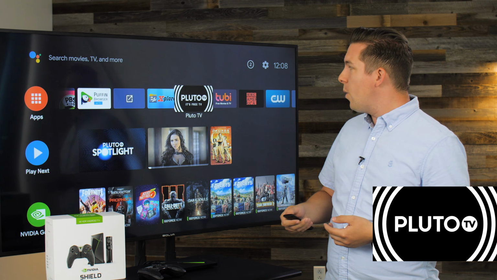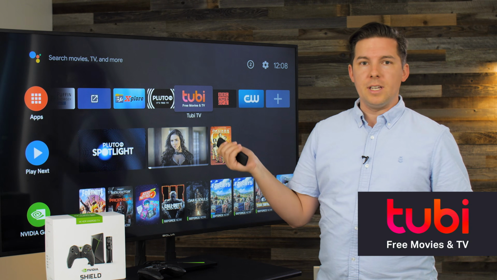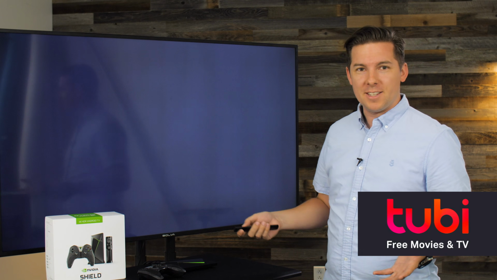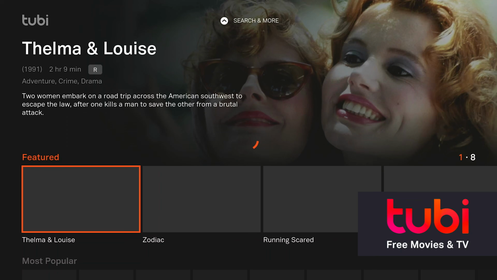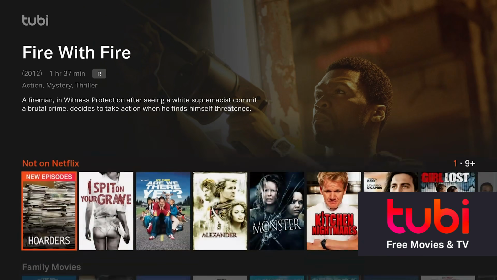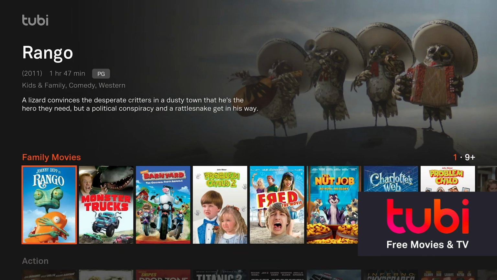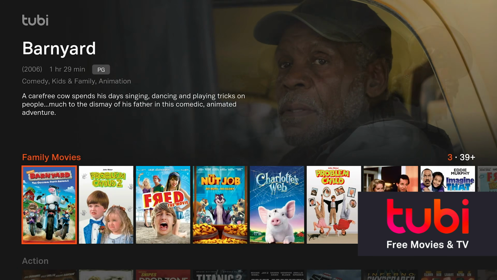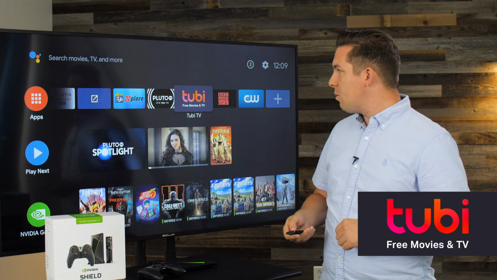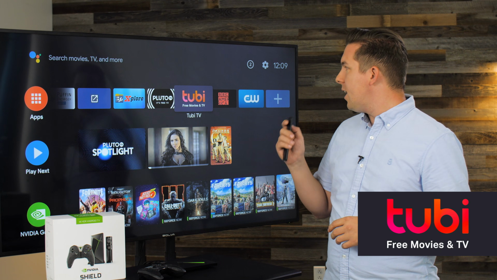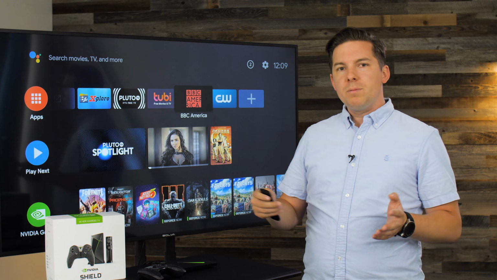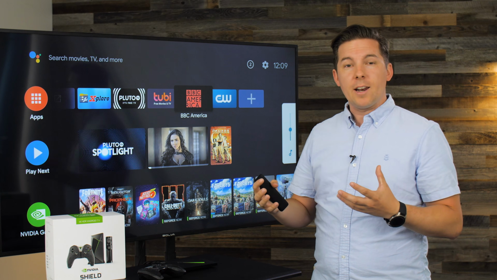Speaking of which, that's exactly what Tubi TV is, essentially an ad-supported version of Netflix. It doesn't have the same movies and TV shows as Netflix, you know, it is a different app. But in this, you can scroll through different genres, different categories, pick a show, and if you want to watch that, it is going to be free to you, but commercial supported. So if you're okay with dealing with a few commercials here and there, then Tubi and Pluto are wonderful options.